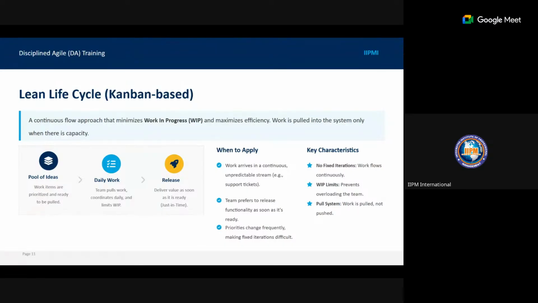One of the things a work in progress limit does is help you reduce waste. It prevents doing work that is not expected to be done. So with a Kanban-based approach, you can have a WIP limit to ensure that what is done is only what is expected to be done at any given time.